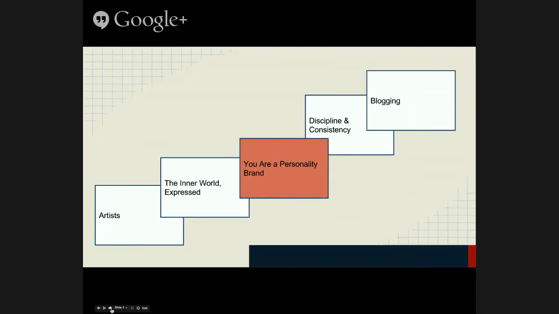And the first rule really that I would give you is think of this as a long-term project. Think of this as something you don't start at being perfect. Think of this as something that doesn't start out being awesome straight away. That's not the point. The point is that you have something and you start producing messages, you start talking to people, you start talking about your inner world, right?